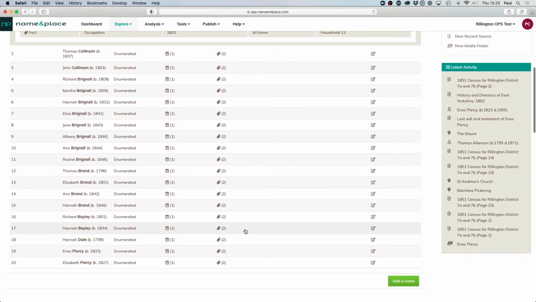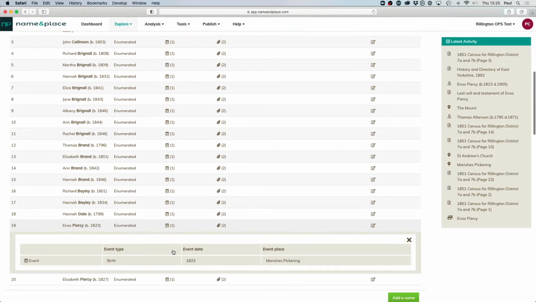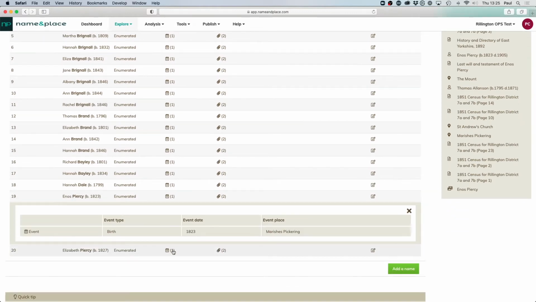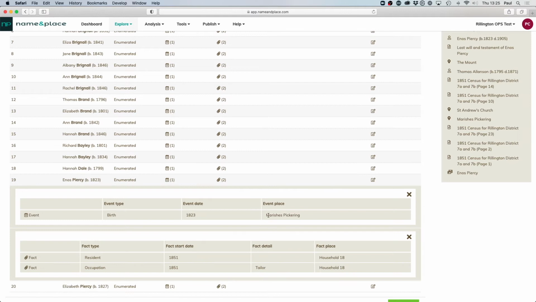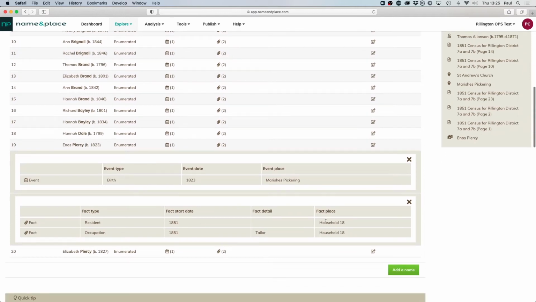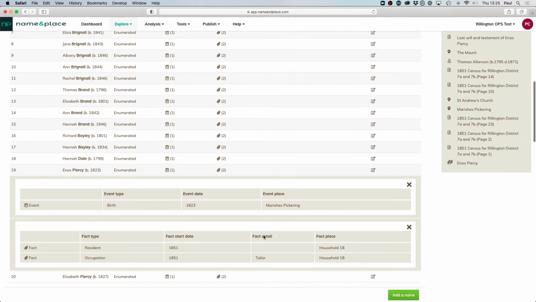If we scroll down to Enos Piercy and have a look at him, he is born in 1823 in Marishes, Pickering. That information has come from the census. And likewise, if we looked at the facts, it shows that he was resident at household 18 and his occupation was a tailor. So this is information which is pulled from the source but has been associated with the name or with the place.